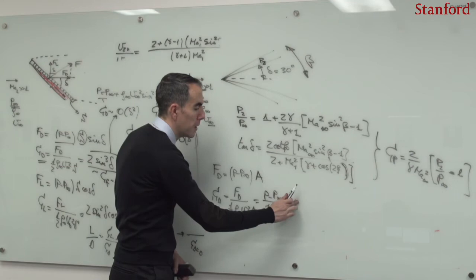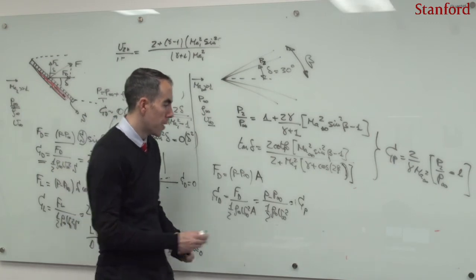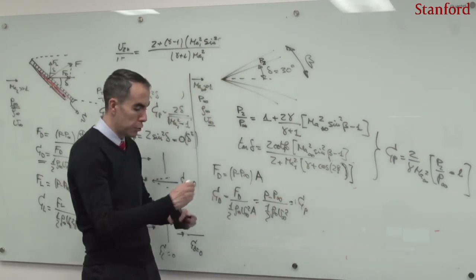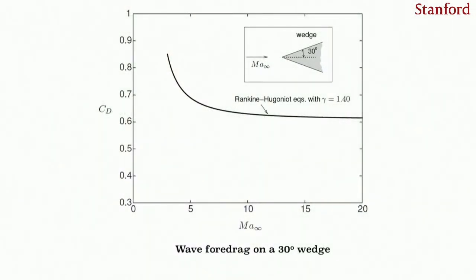This is just to say that when the inclination angle is constant, the drag coefficient and the pressure coefficient are the same. So I could compute, for instance, all of this as a function of the Mach number, and this is what you see in the chart. In this chart, you see in the horizontal axis the Mach number and then the drag coefficient, calculated from the Rankine-Hugoniot equations, right? So this drag coefficient is going to depend on the Mach number for some range of Mach numbers, but you see that it's attaining a sort of plateau or independence range in which the solution does not depend anymore on the Mach number, or depends very little.